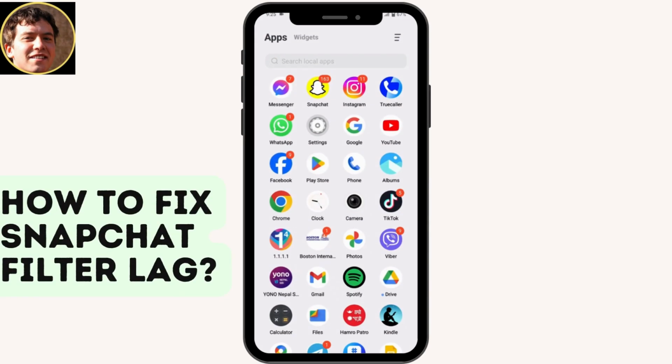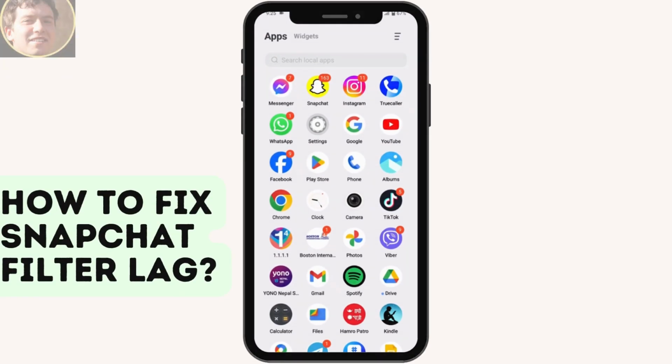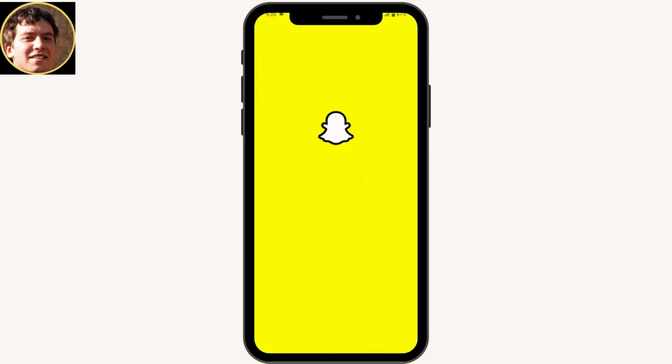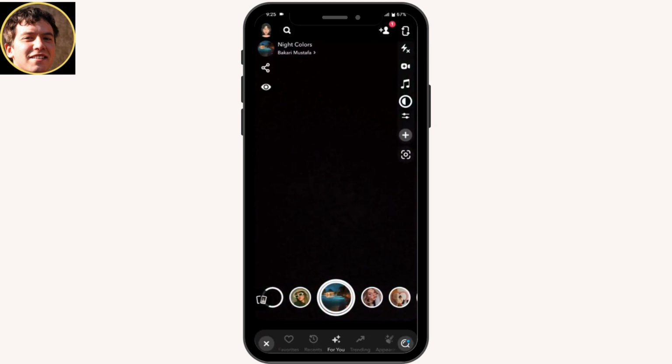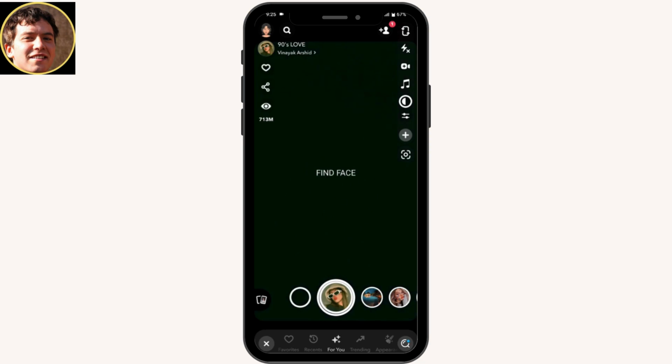How to fix Snapchat filter lag. So if you open up your Snapchat application, and after opening your Snapchat, now if you try to load the filters, then if you're not being able to have the filters or if they are lagging, then what you need